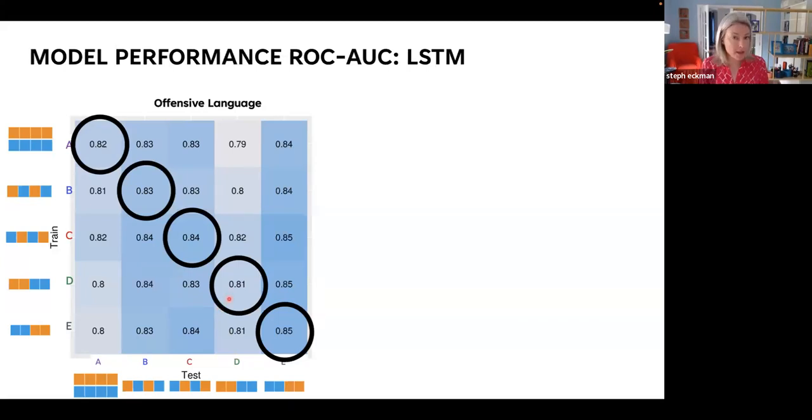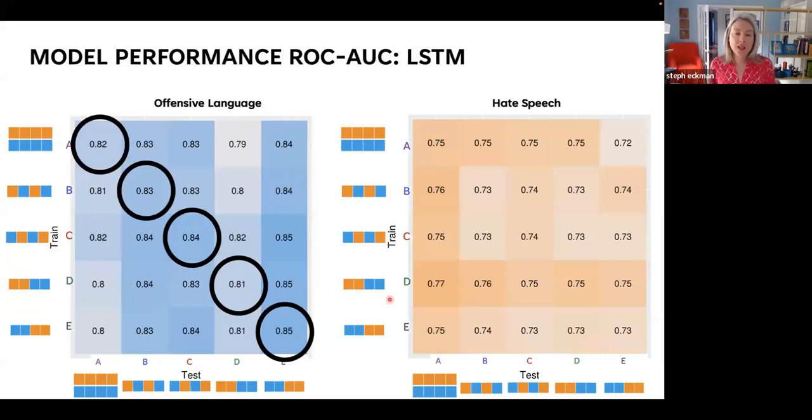Even models trained in condition D are doing less well when evaluated against labels collected in condition D. In contrast, all the models seem to do much better when tested against labels collected in version E. So I found this sort of odd, right, that we're seeing these column effects and not the main diagonal effect. If we look at the same graph for hate speech, we again see some of these column effects. Column A seems to do pretty well here, but we also start to see some row effects.